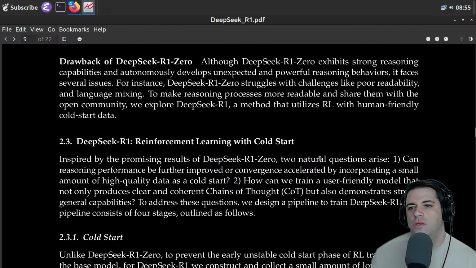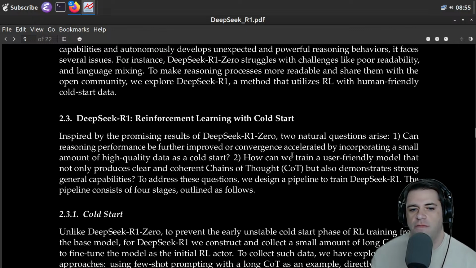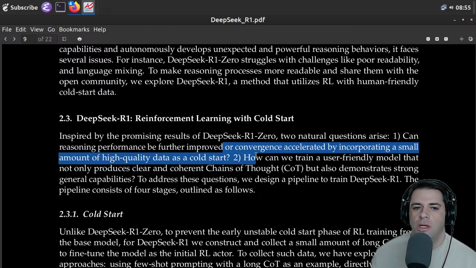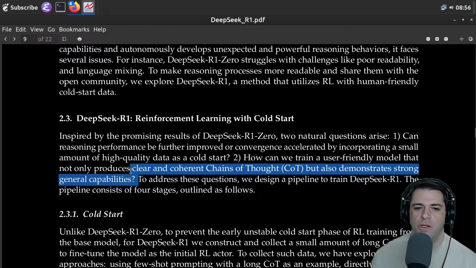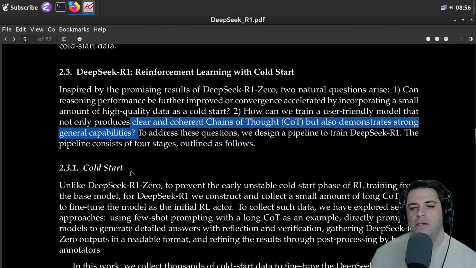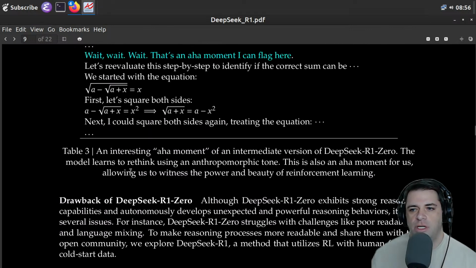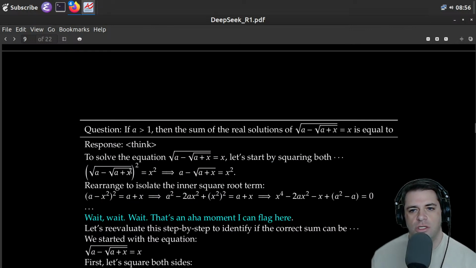And then they talk somewhere, I guess I'm not going to really find it, about how it's not so user-friendly. And their question is, can we improve the functioning by incorporating a small amount of high-quality data as a cold start? And how can we train a user-friendly model that not only produces clear and coherent chains of thought, but also demonstrates strong general capabilities? So they have these problems that I mentioned at the beginning of the video, essentially the